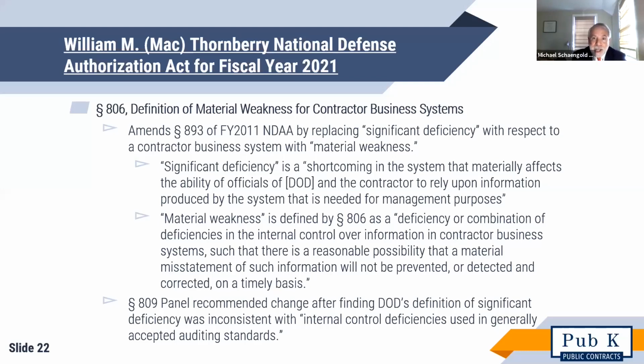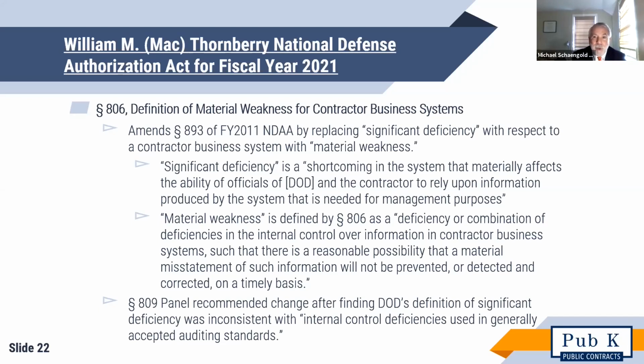Section 806 replaces the term significant deficiency with respect to a contractor business system with the term material weakness. A significant deficiency is a shortcoming in the system that materially affects the ability of officials of DoD and a contractor to rely upon information produced by the system that is needed for management purposes. Section 806